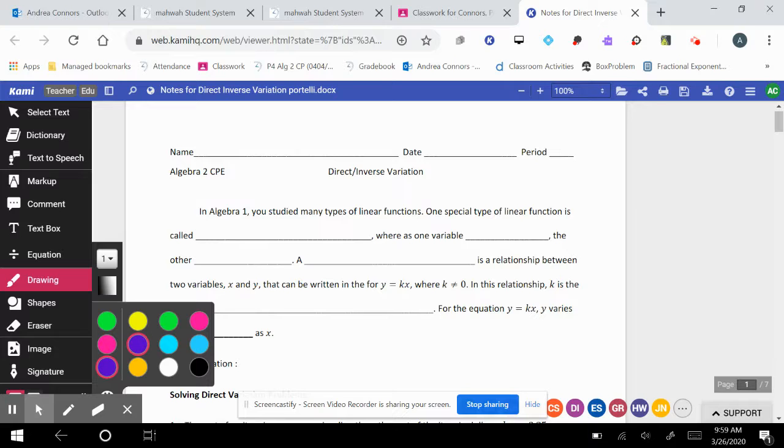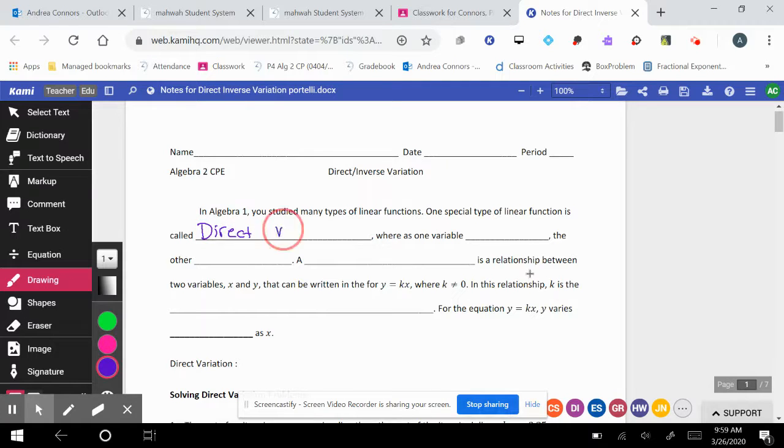In Algebra 1, you studied many types of linear functions. One special type of linear function is called direct variation, where as one variable increases, the other increases as well. A direct variation